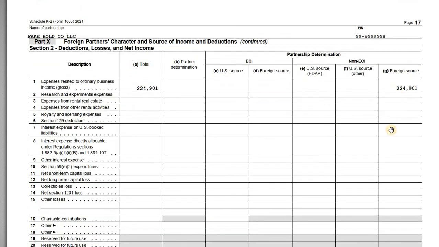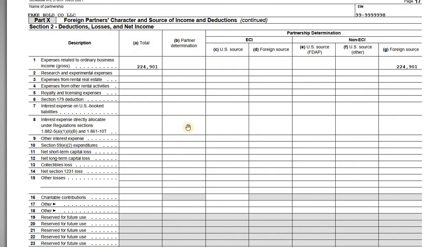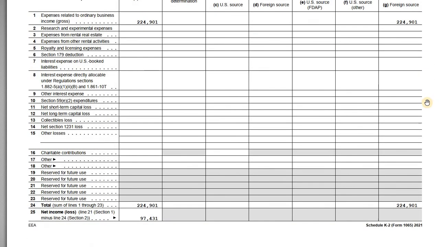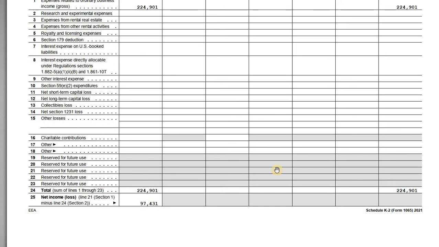If we scroll down here to the deductions, similar discussion, right? So we've got expenses related to ordinary business income, the gross income. There's our expense number, 224,901. And then the appropriate column is all the way at the end here, foreign source income, okay? And then if we continue to scroll on down here towards the bottom, we can see the totals and the net amount. So the net income or loss in the total column, 97,431, that is our book income or